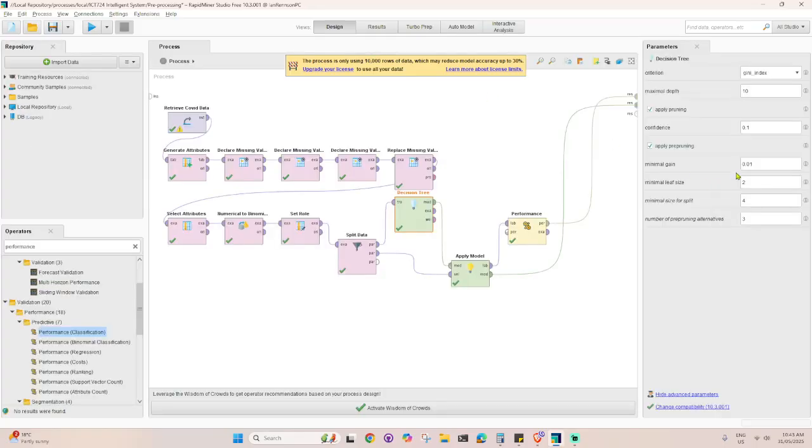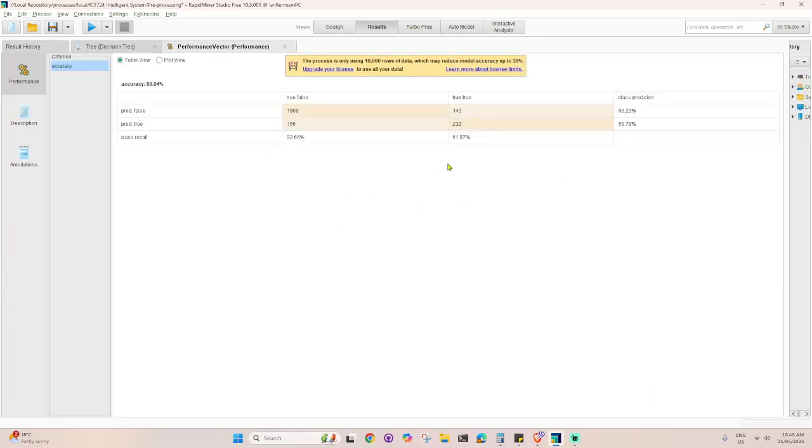So you can just try to modify most of these criteria, as well as the minimal gain, leaf size, and the number of splits. So the goal is to get higher accuracy, of course. So for now, let's use the Gini index, and then we can discuss what the performance vector is.